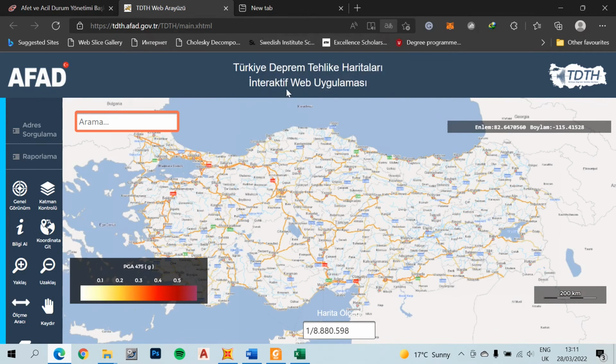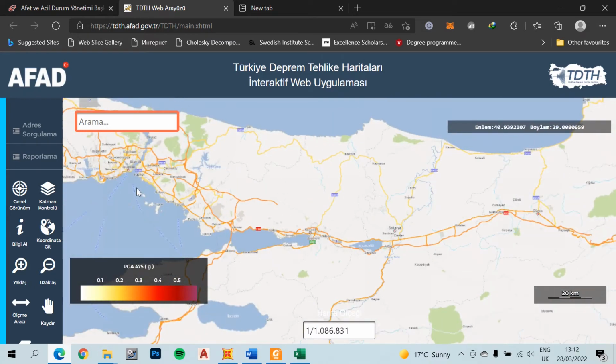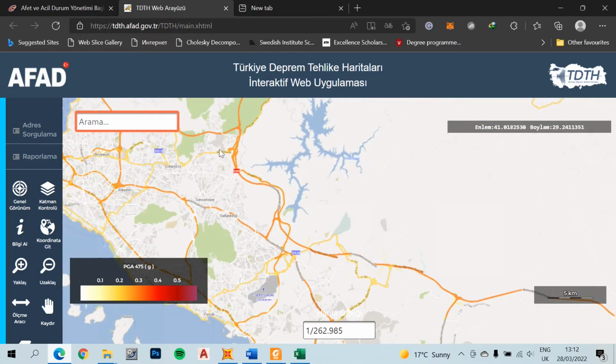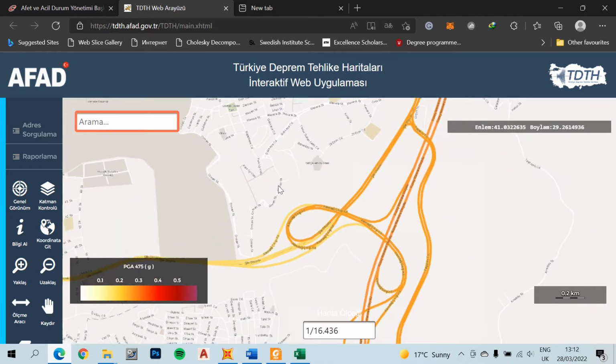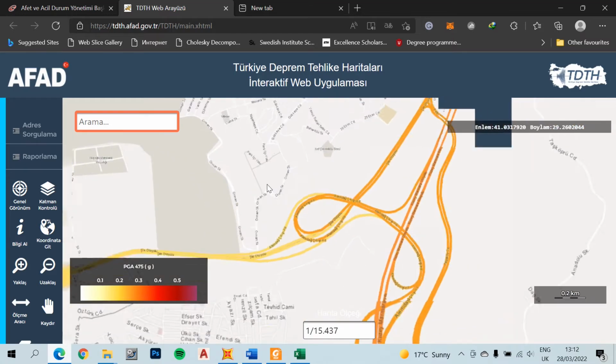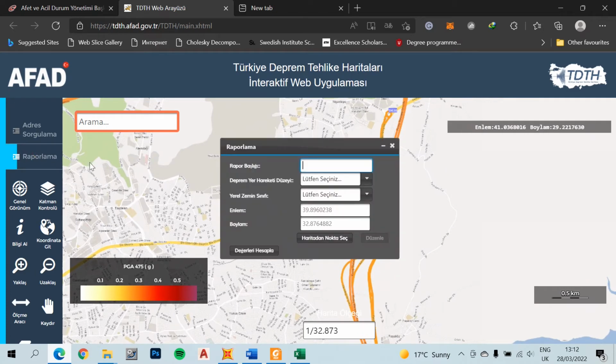So as we talked, I chose the location of the building to be in Çekmeköy, so I can come here to Çekmeköy. Our campus, I think, is somewhere around here, if I'm not wrong, right? Yeah, it's here. Let's say it is in our campus in Istanbul. So I come here and I click on Raporlama and give the name of the spectrum we are going to take, and I choose the